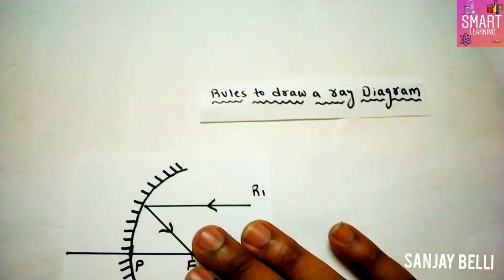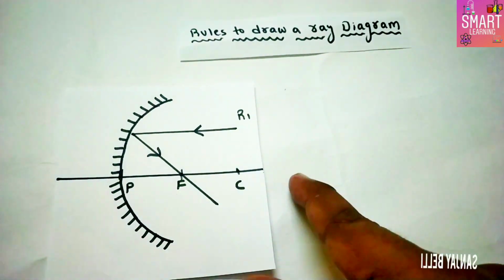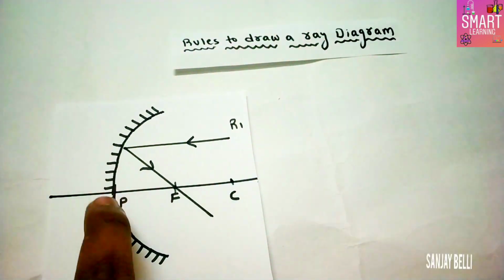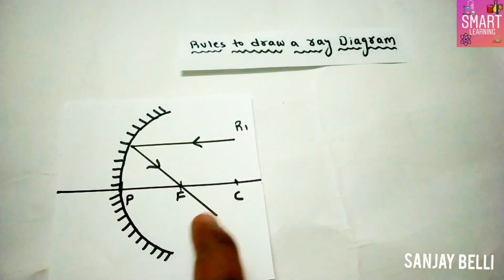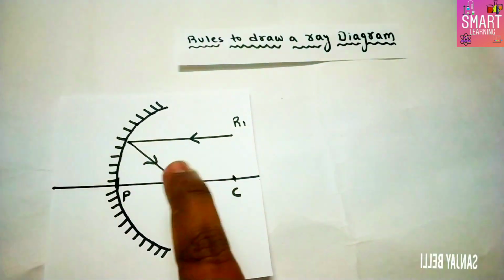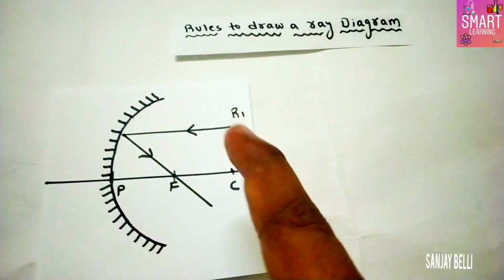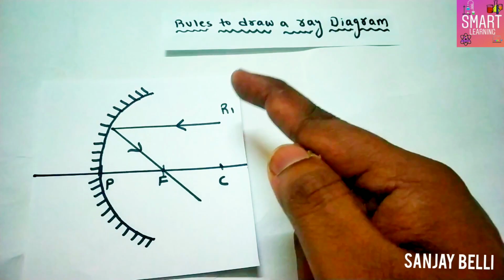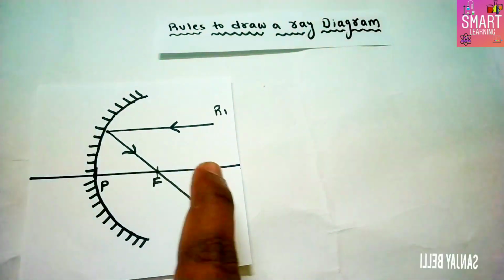So here you have your concave mirror. As we know, the reflecting surface is inwards, it represents a concave mirror. Already you know the center of your curved mirror is the pole, and the center of your spherical mirror is known as the center of curvature, and the point where the rays intersect on the principal axis is known as the focus. Now you can observe your first rule. Here R1 represents rule 1, not radius of curvature. Radius of curvature is nothing but P to C.